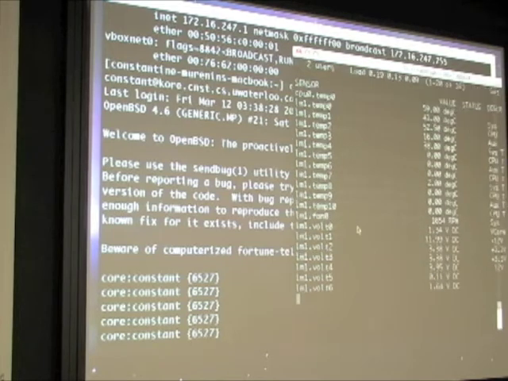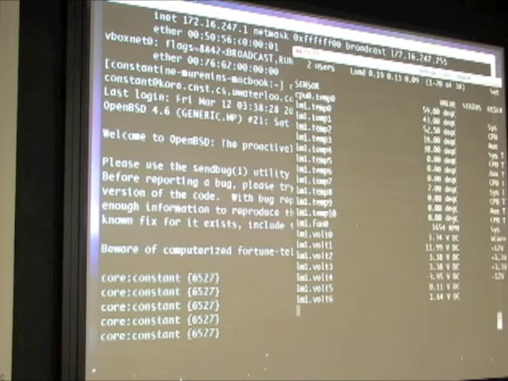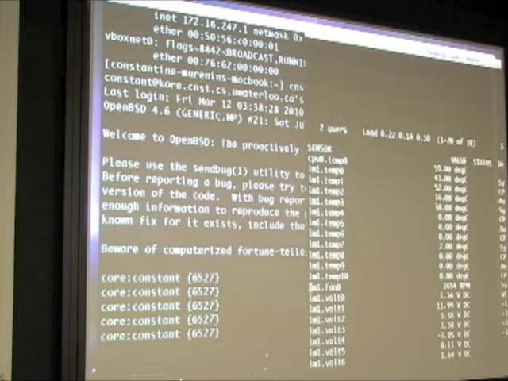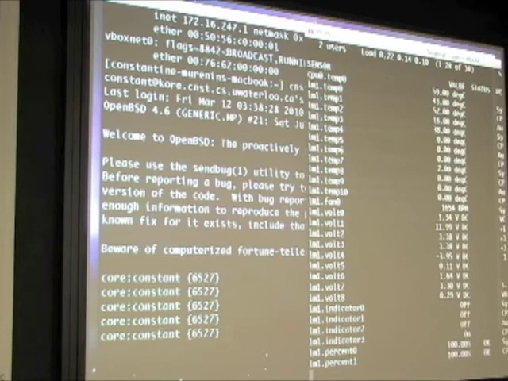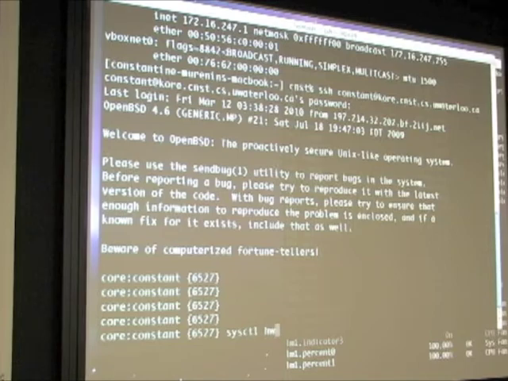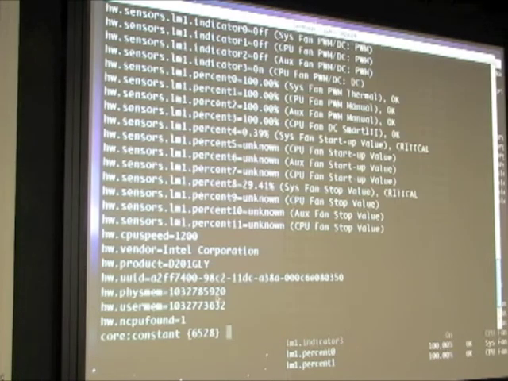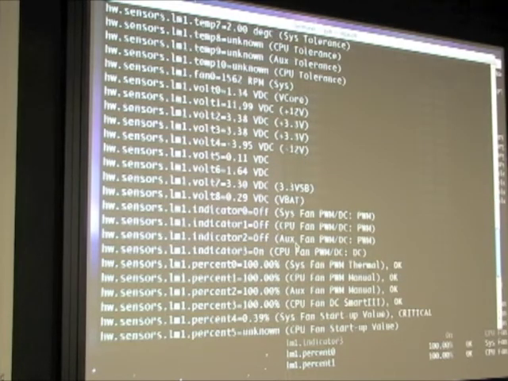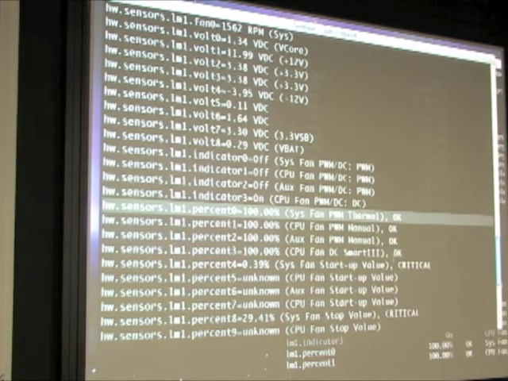Here you can see the sensors. So you can see that there is a lot of sensors on this box because of this new patch. So you can see the new sensors that I was talking about, this %0 sensor, %0 to %3 sensor,